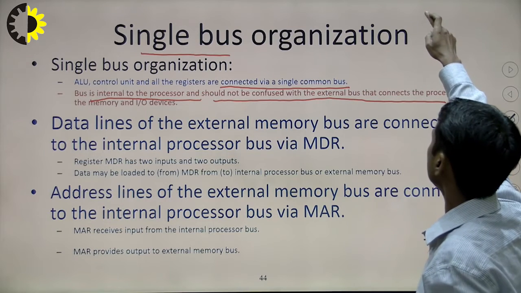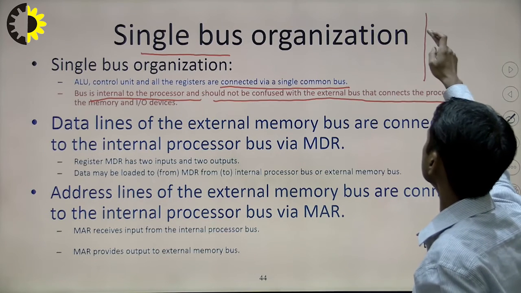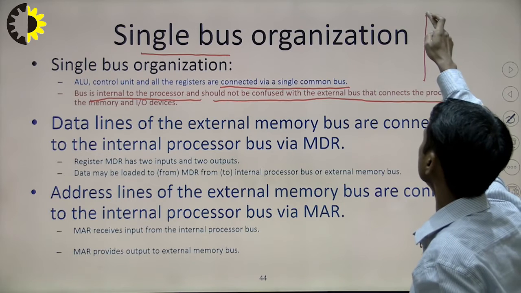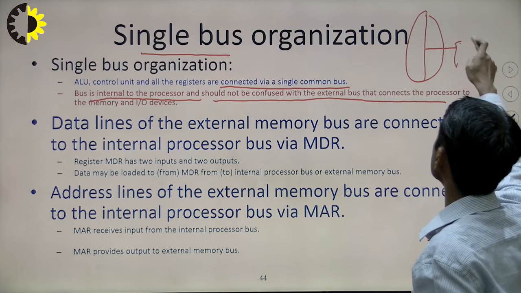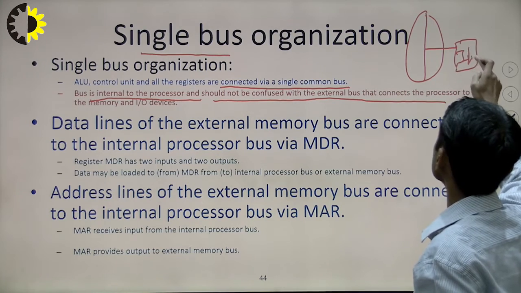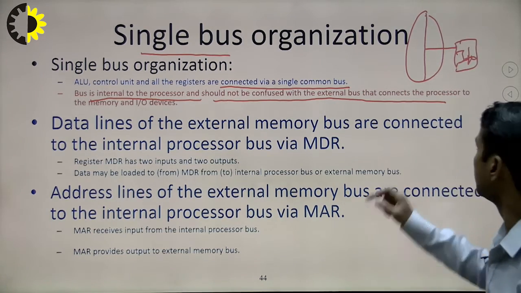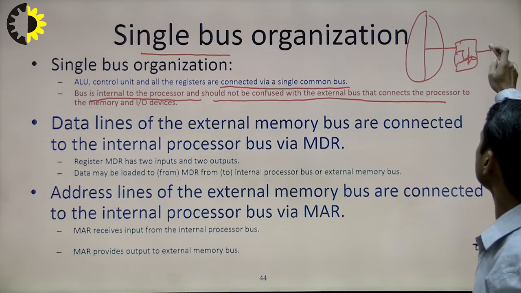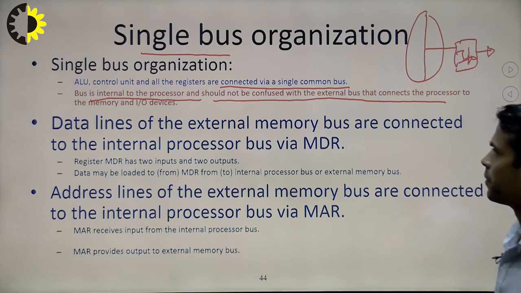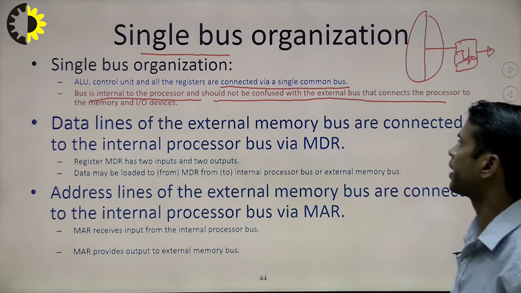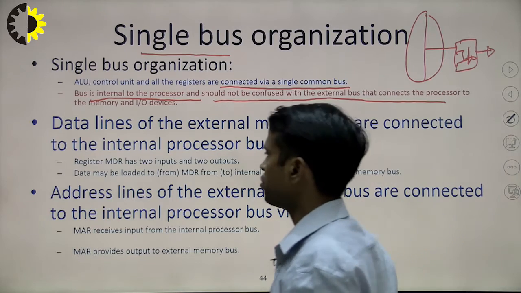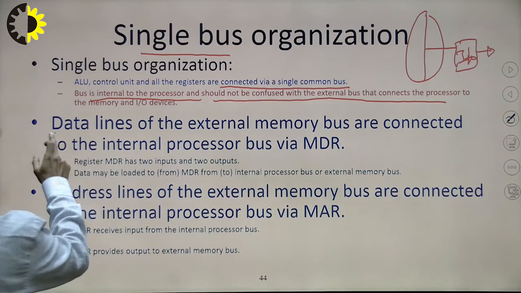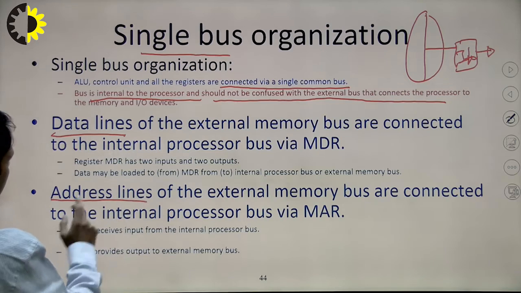We can note down here that the internal bus is very fast, and it is connected to an IO interface, which we will cover in the 5th unit, and this IO interface is connected to the outside world. So, we are talking about the internal and external bus. This bus is broadly divided into two parts: first is the data line and the second is the address line.